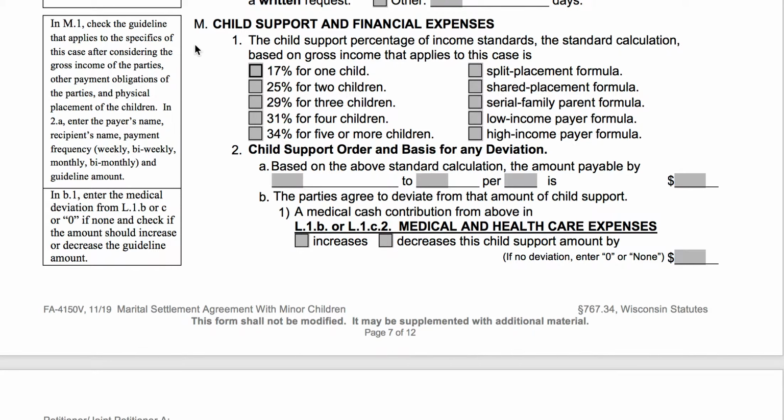You can get brief legal advice for free through the Marquette Volunteer Legal Clinics. If you're not located in Milwaukee County and you want legal advice or brief legal advice, you can contact the clerk of court in your county to find out what resources are available where you are.